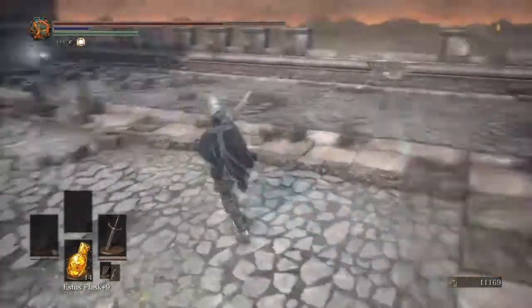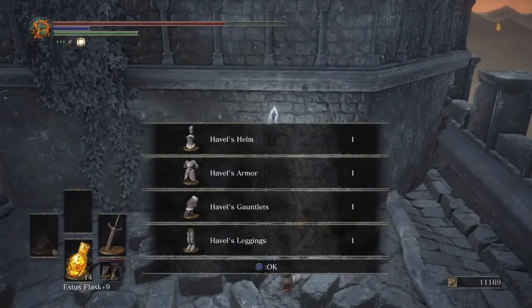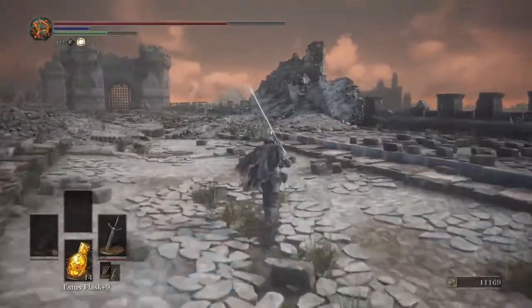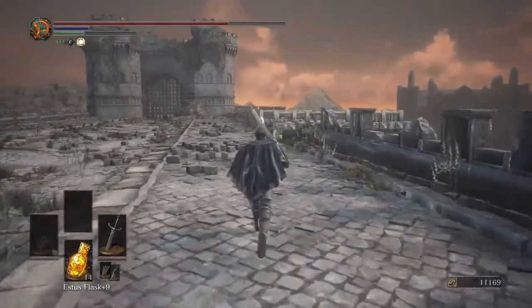You get a great axe, a couple of embers, and off in the corner is Havel's set. And this only appears after defeating him at Archdragon Peak. I'm going to make my way back to the elevator. And from here, we'll go...